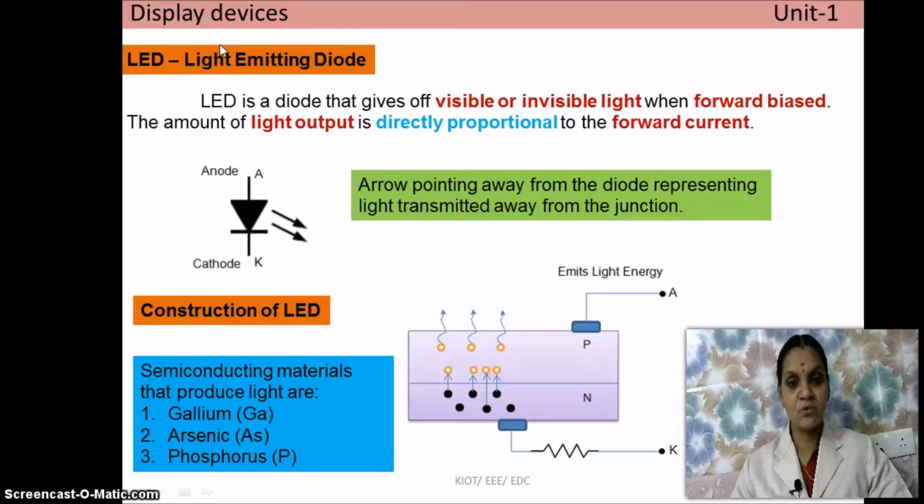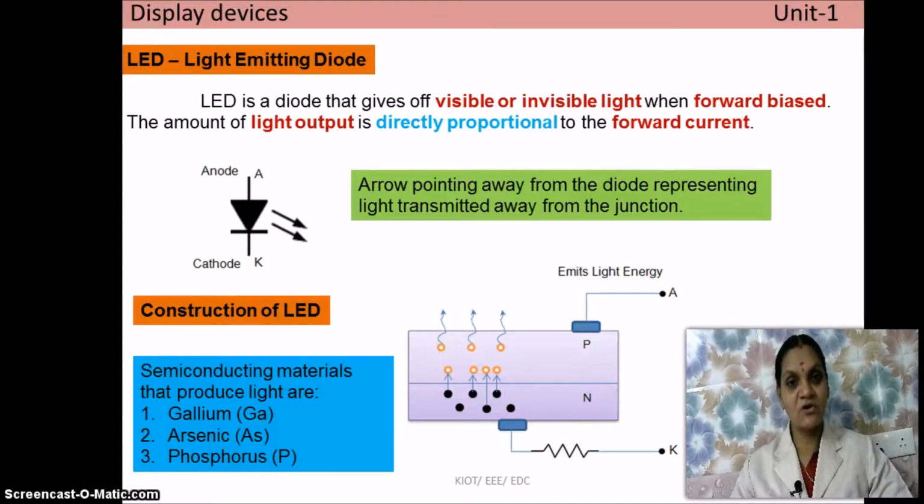For both the PN diode and Zener diode, we give an input signal as electrical energy, and some of the electrical energy gets converted across the junction in the form of heat. You can feel that heat by touching the diode after using it. Whereas in the case of an LED, that heat will not be dissipated. Instead, it emits some energy across the junction.